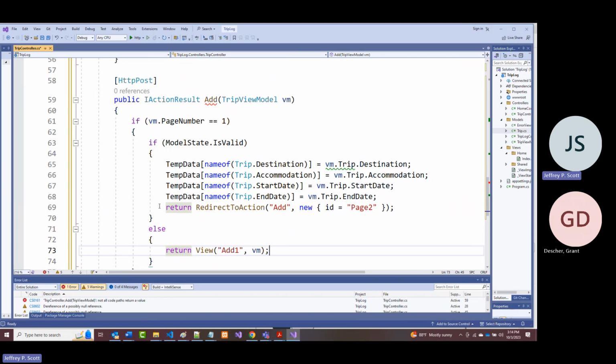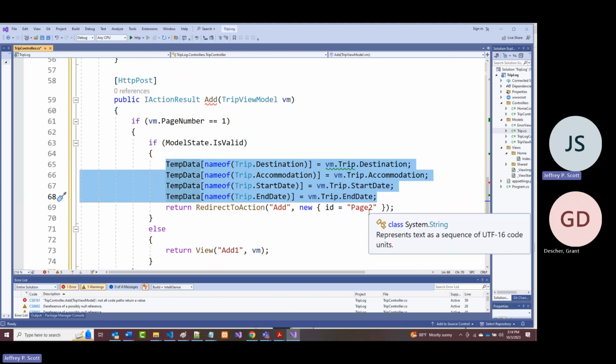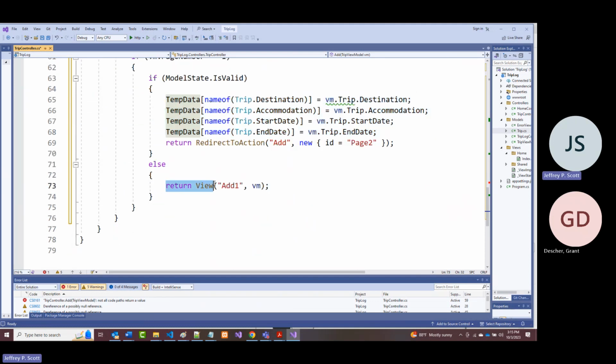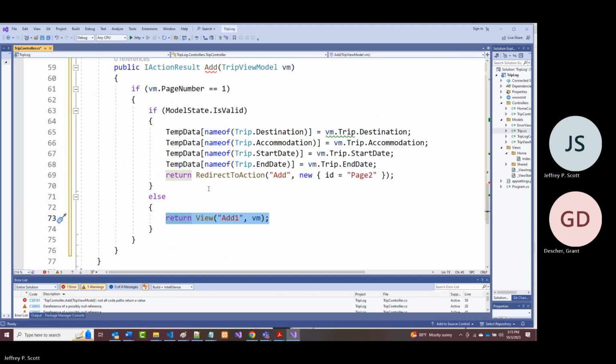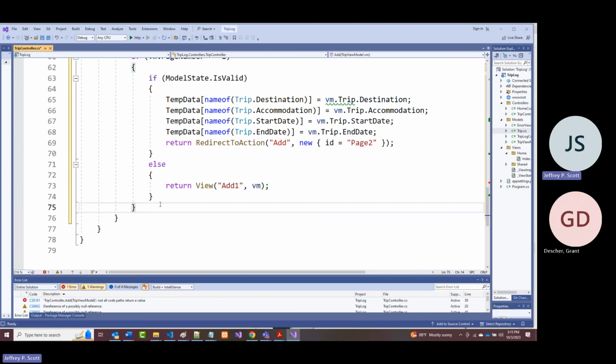Now we have to handle page 2 and page 3. All right. This had the most stuff in it. So again, what we're doing here is we're grabbing everything that we have set up. All right. And this is everything on page 1 that we need to save. Then we're redirecting them to page 2 right there. Otherwise, we're just going to keep them where they were. All right. So else,